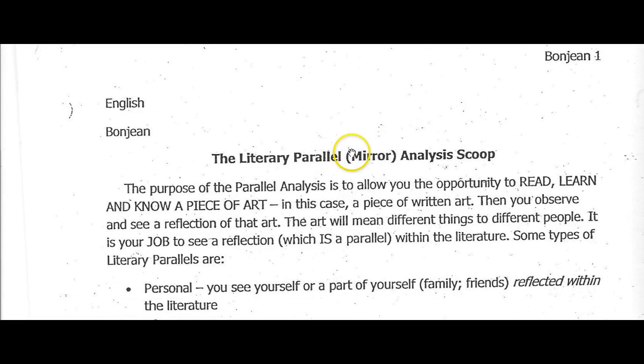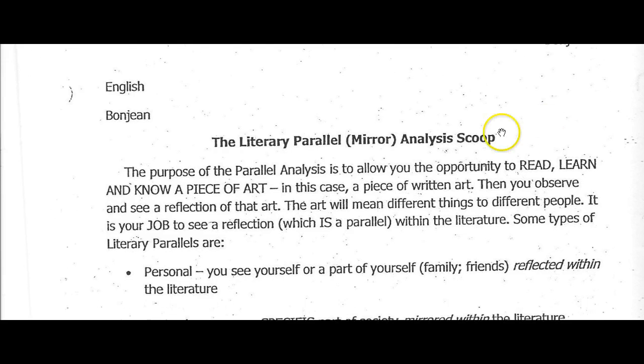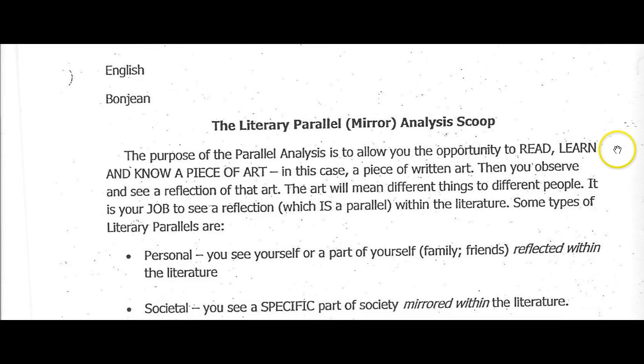The literary parallel or mirror analysis scoop. So what you're doing is, let me just read this for you. I think it's pretty clear. The purpose, the reason for the parallel analysis, is to allow you the opportunity to read, learn, and know a piece of art, in this case, a piece of written art. Then you observe and see a reflection of that art. The art will mean different things to different people. It is your job to see a reflection, which is a parallel within the literature. Some types of literary parallels are